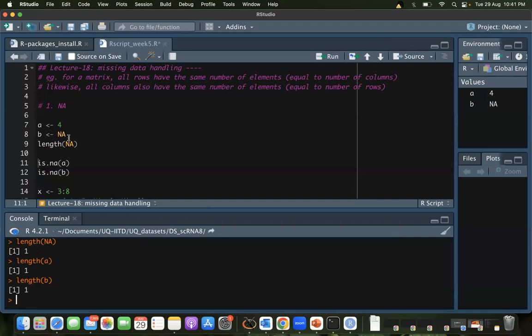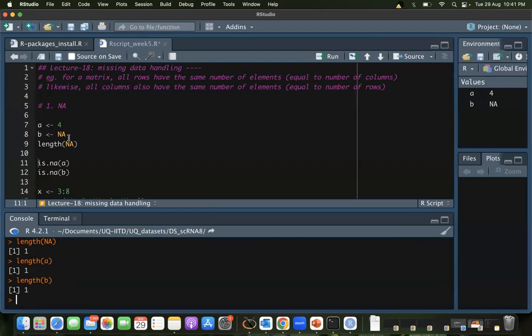But now you can't say, when you are making a table, entering it into Excel, documenting it, you can't call it 0, right? Or you can't call it any random value. So as a placeholder, when you're writing it in your copy, you would probably just write error, or you put a dash. It's a placeholder, as if to say some value should come there. But as of now, we don't have that value.